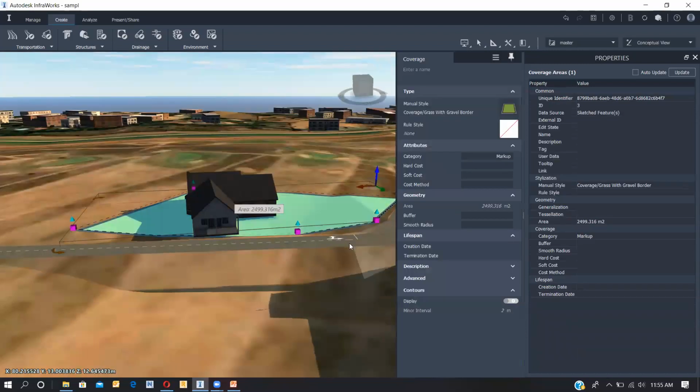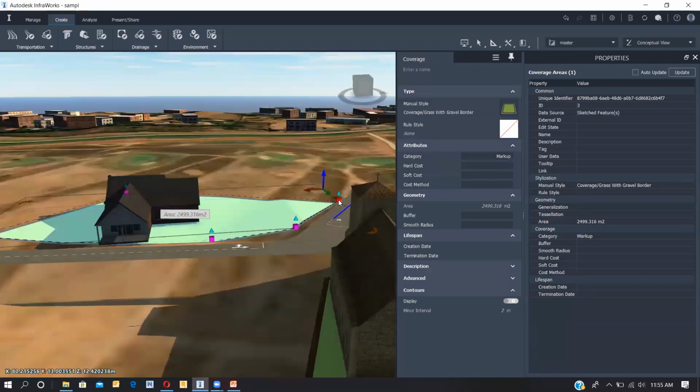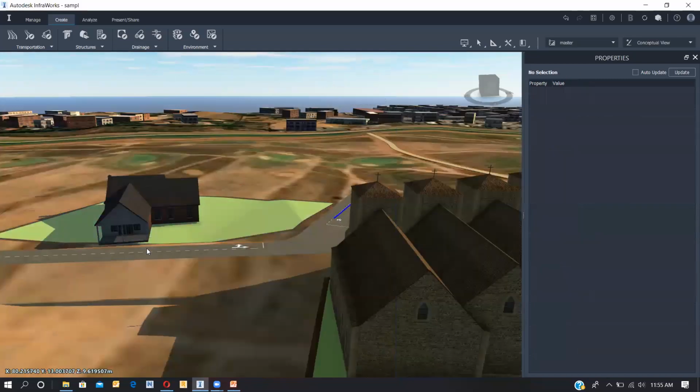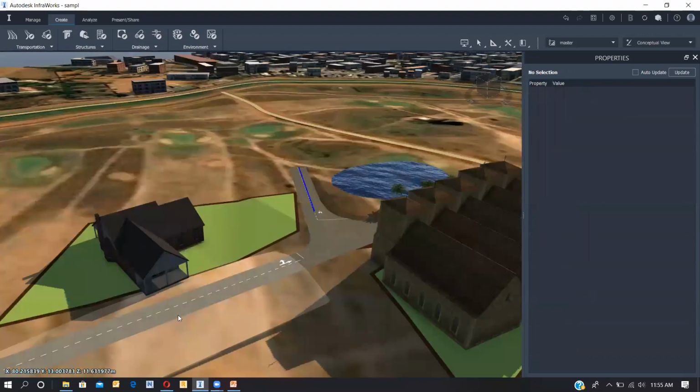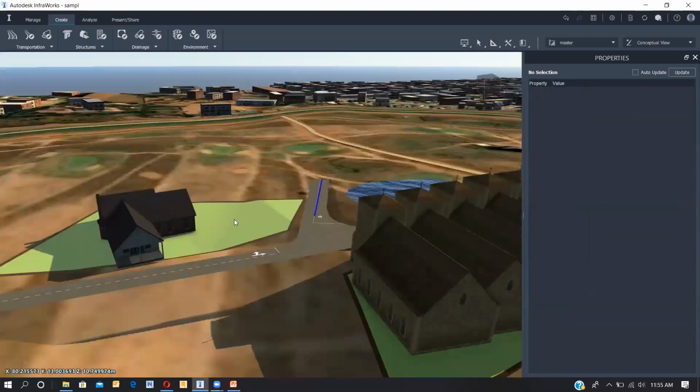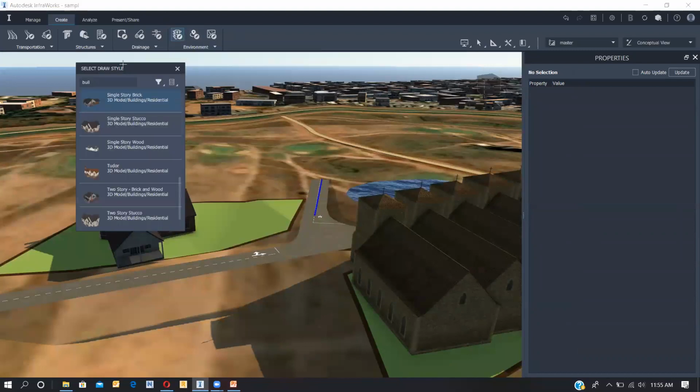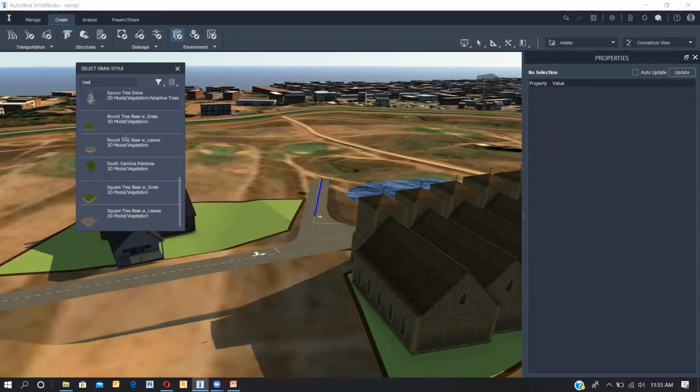Okay, now we have made this, right? So if I want to place plantations over there, we'll be having options, trees. Can you see the trees over here?